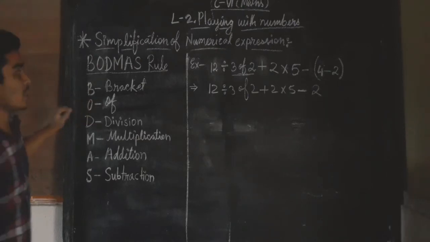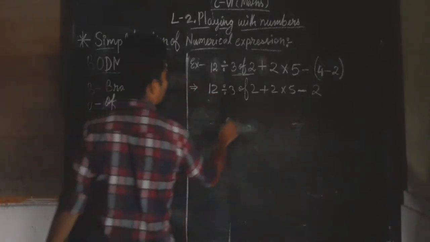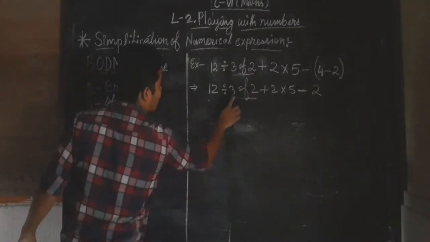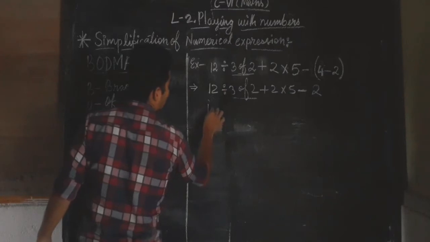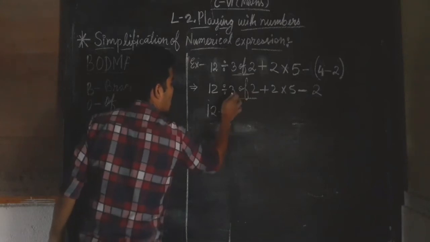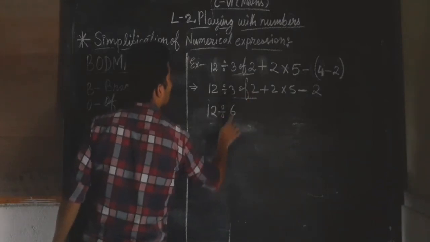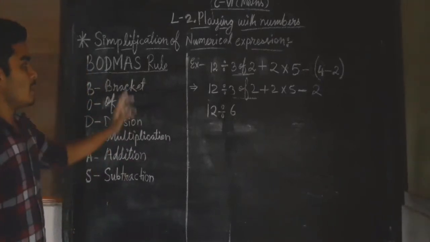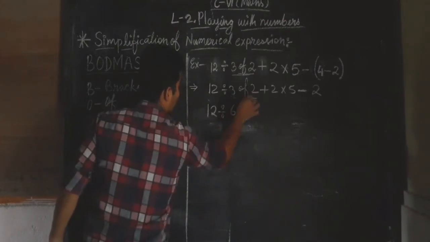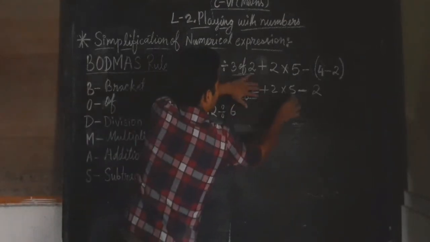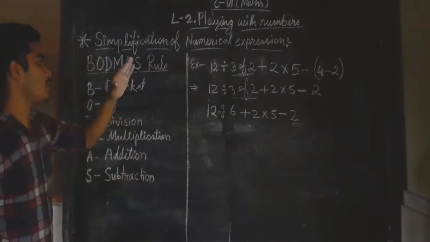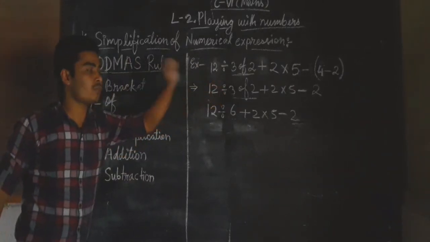The next step is the calculation of. Now you can see in the second step there is an of between these two numerals. You can see 2 and 3. So we will go for this calculation. You can see 2 divide this. All other things we have to write as it is. Now we will write 3 times 2, because of means multiplication in a numerical expression. So 3 of 2 will be 6, and all other things, from here we have to write as it is.